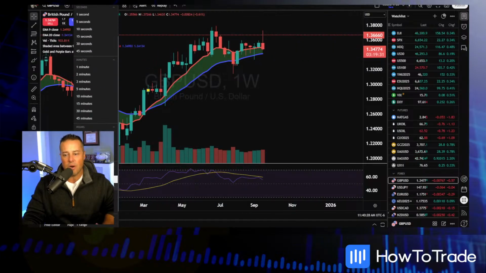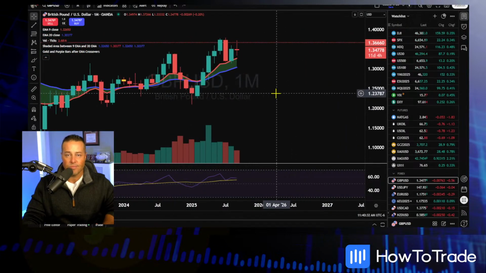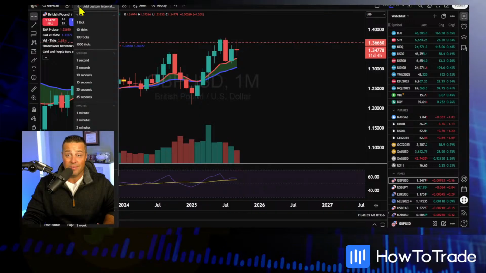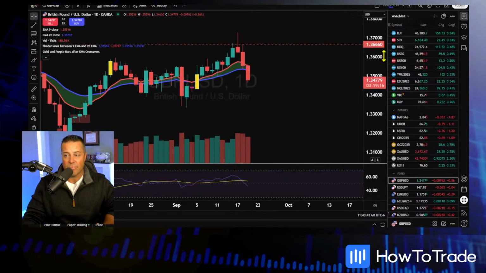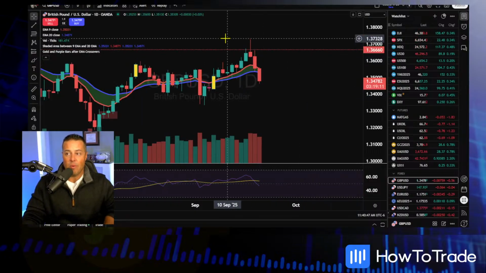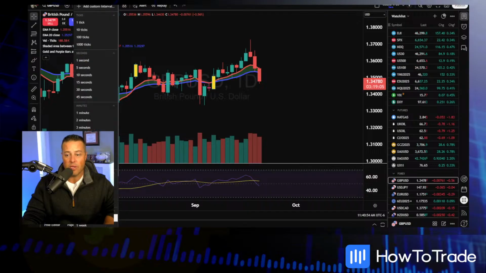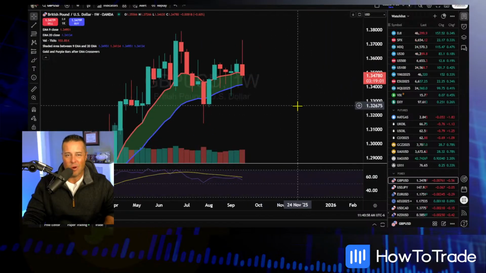Let's go to a monthly chart. Nice pullback there. I'd say we potentially could be on the verge of a bid. Let's go to a daily. Just got to let this thing develop a little bit. But what I would say is potentially on this daily, you can see we've got a crossover brewing. You might have a daily sell come our way. Let's go to the weekly. Where do we want to buy if we're going to buy?